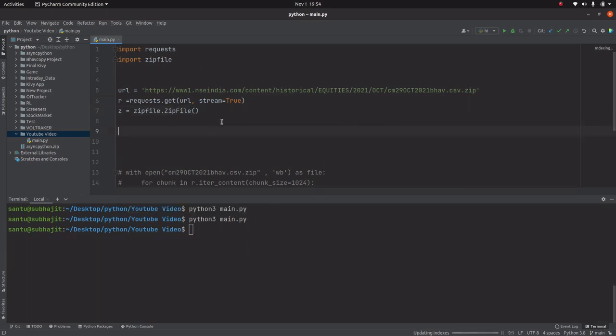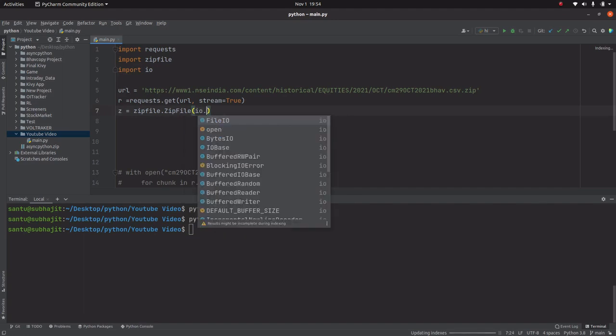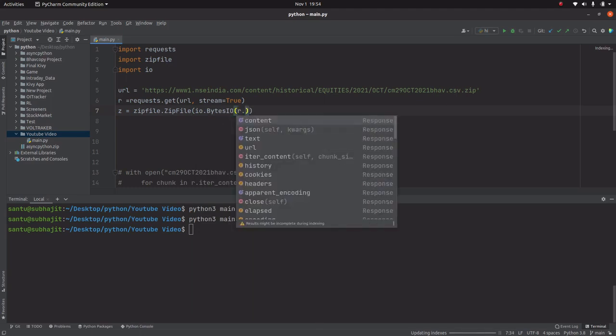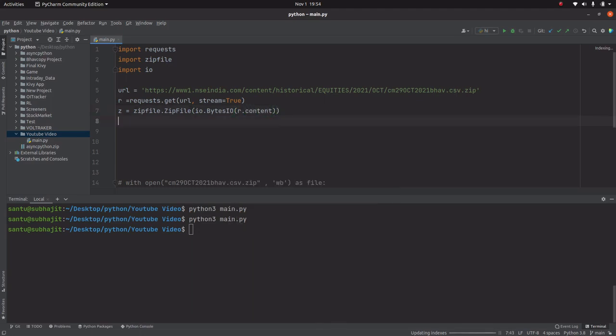Now here we need one more module, that is import io, and this module will allow us to access the drive. So let me take io dot BytesIO, and we will pass the variable r dot content.